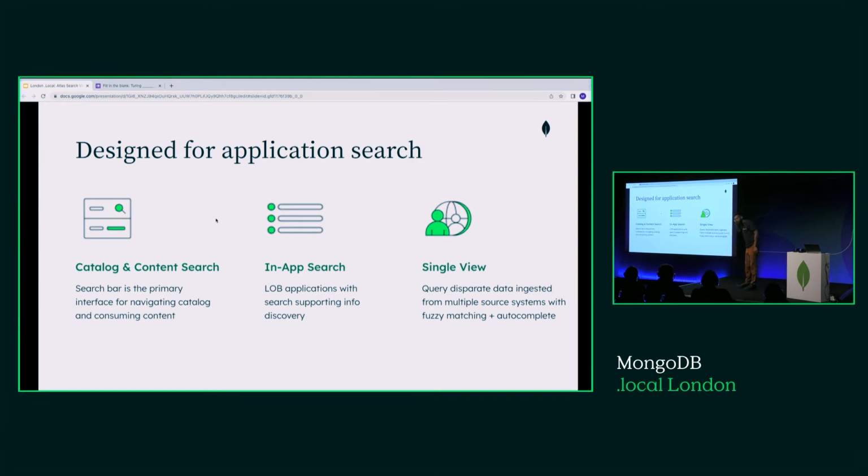Catalog, search, content search, and single view. With single view, I have all these disparate data sources. I want to understand what's going on. It's not always a search box, though. Sometimes it's just a complex query where you need 8 fields in a single index, 15 fields in a single index. You want to dynamically filter on user-defined